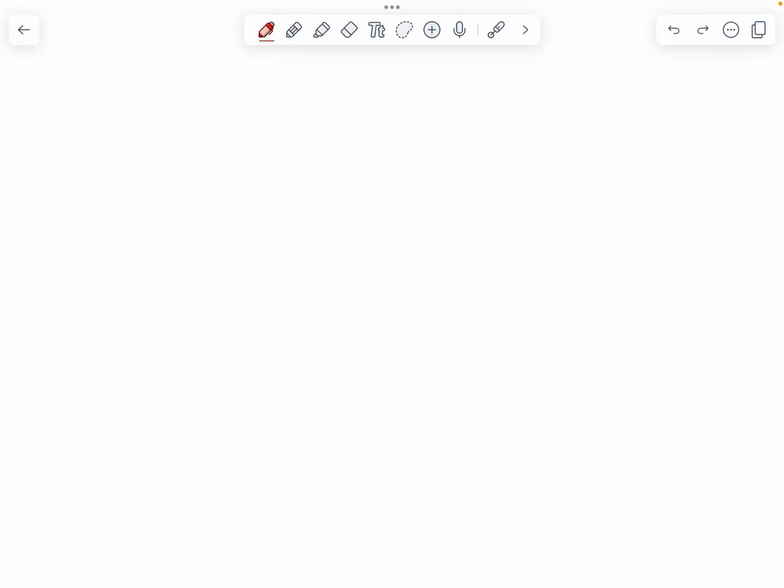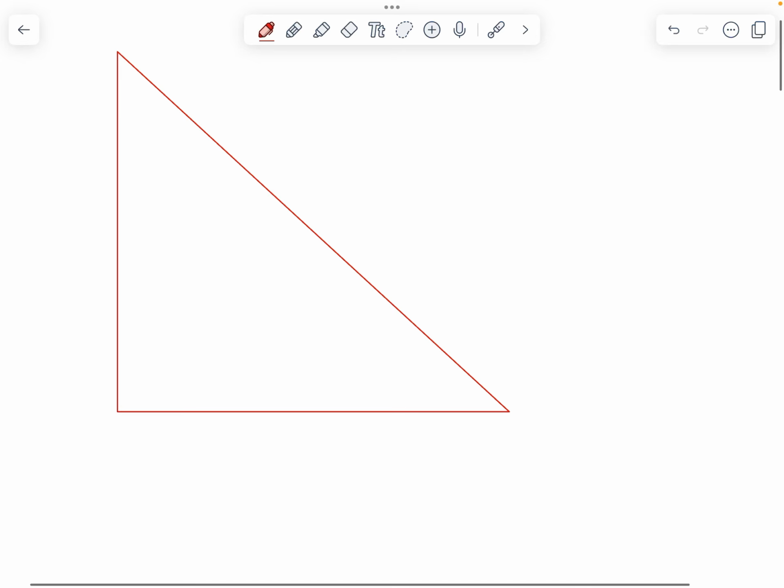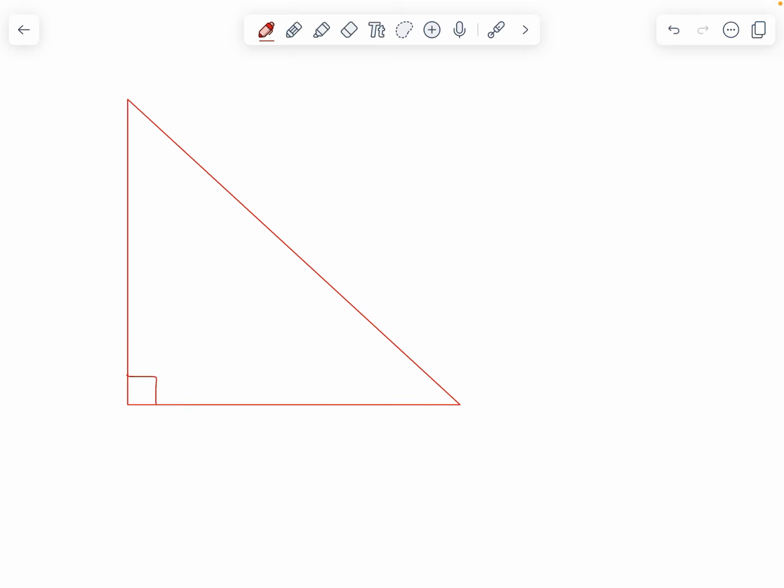Hello, today we are going to be reviewing the Pythagorean theorem, okay? This is hopefully something that you have heard before, definitely from middle school. It involves the side lengths of a right triangle, okay? Now, when you have a right triangle, you have three sides, but really you have one side that